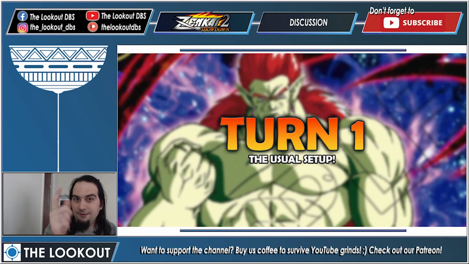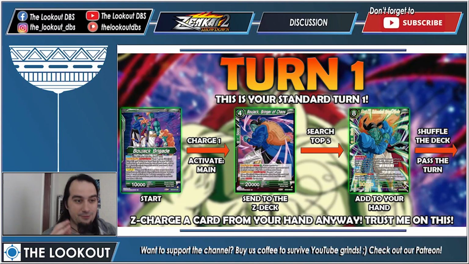Turn 1, the usual setup. This is your standard turn 1. So you start, you charge 1, you use your leader's activate main, you send, I don't know, something, let's say this war cost. You send him to the Z deck. You search top 5, you add a Boujack Brigade card to your hand, then you shuffle the deck and you